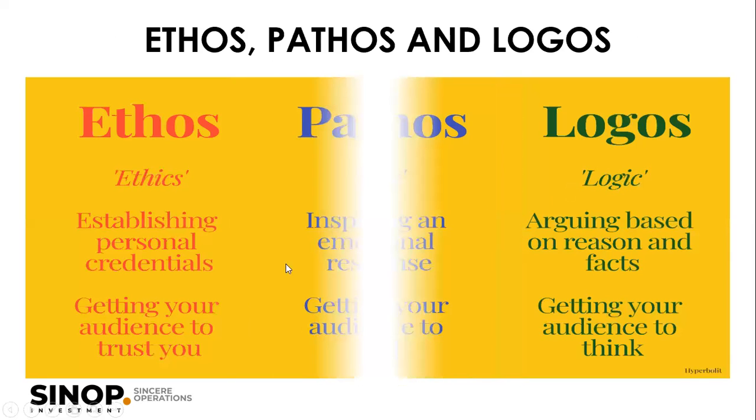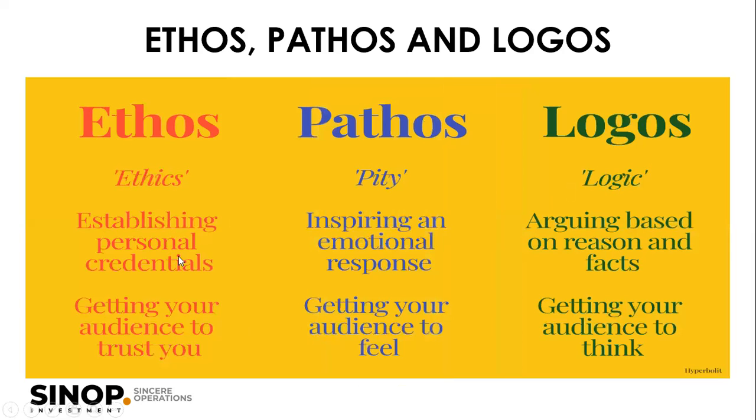Okay? And ethos is establishing your personal credentials, getting whoever is listening to you to trust your words. Pathos has to do with establishing the connection, getting your audience to feel for you, like the market woman. And logos has to do with getting your audience to think, giving them facts that they cannot deny, giving them an analogy that they can relate with and realize that this is true. Remember the 2 mangoes in the basket. So these 3 elements are very critical.